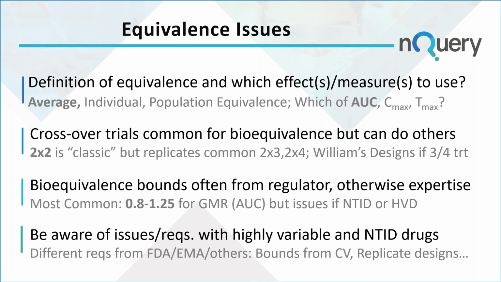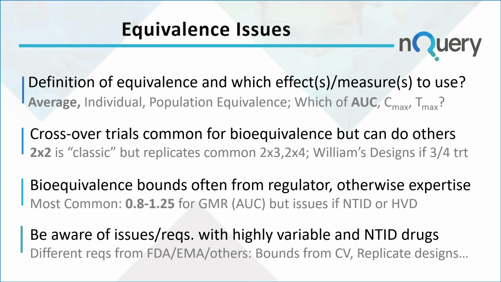So in terms of other equivalence issues, I won't cover this in too much detail because it could be a whole webinar by itself, but just to make sure everyone's on the same page, there are different definitions of equivalence. Average equivalence is mostly what you're interested in if you're looking to get regulatory approval for generic medicines and so on. But there is individual and population equivalence, and these might be cases where you actually want to administer, in the general population. And then, of course, there are options for different measures of equivalence, like the AUC and